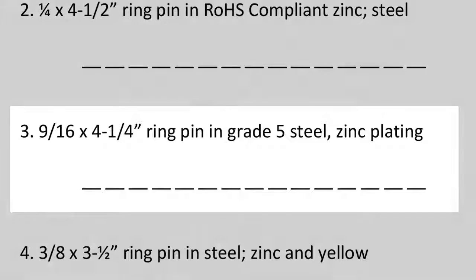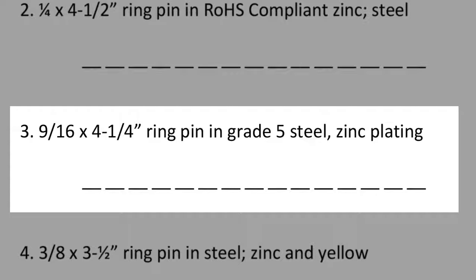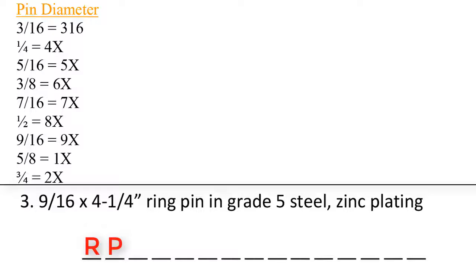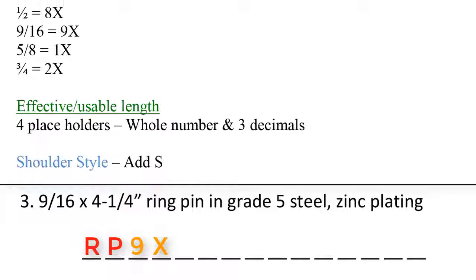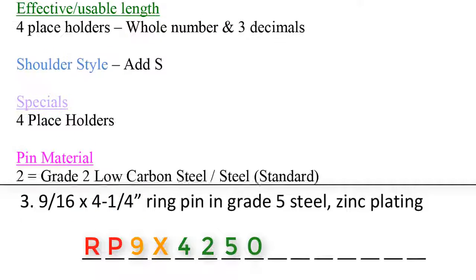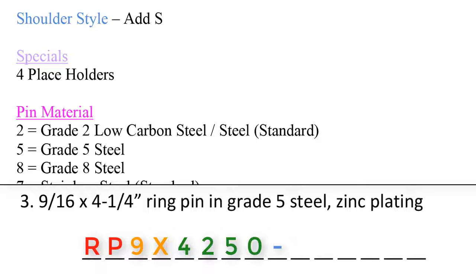Number 3, 9/16 by 4.25 ring pin in grade 5 steel with zinc plating. The product will start out RP. Next, we move on to the diameter. The diameter of the pin is a 9/16. 9/16 translates to a 9x. Then we have to identify the effective or usable length. The effective length is 4.25 inches. That would translate to 4250, or imagine a 4.250. There is no shoulder noted in the description, so we would put a dash in the shoulder style or